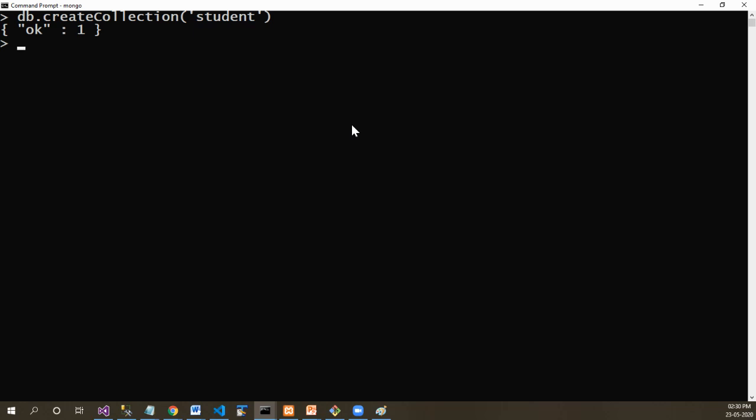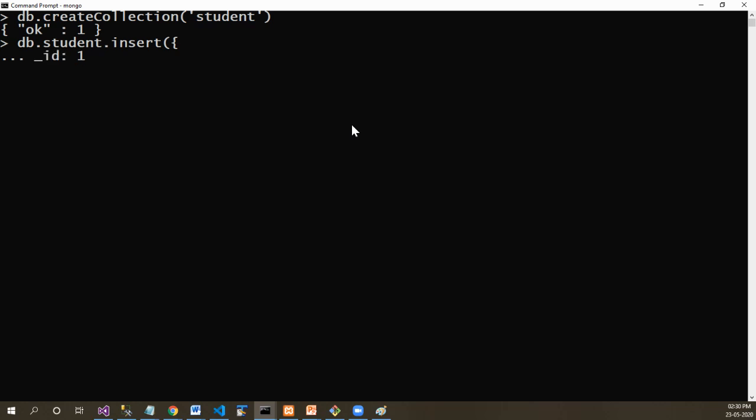Now I want to insert a record which includes all the data types that we have just discussed. So let's insert db.student.insert, and let's provide all the possible values for the data types. First of all, I want to insert the ID.